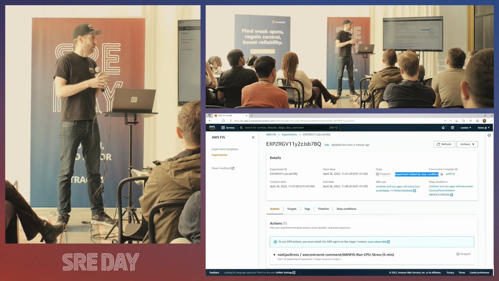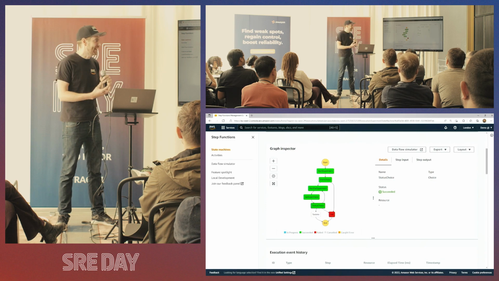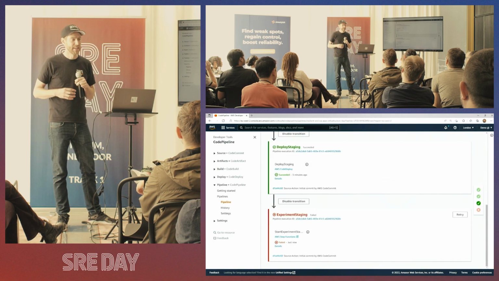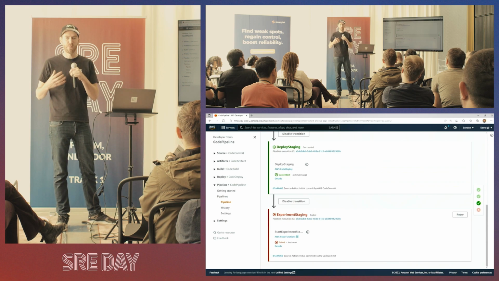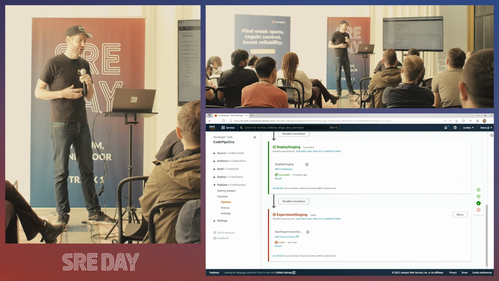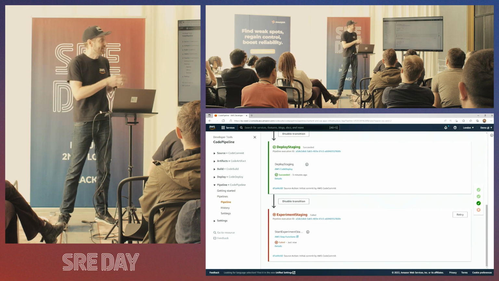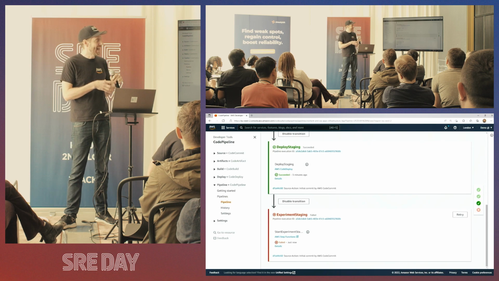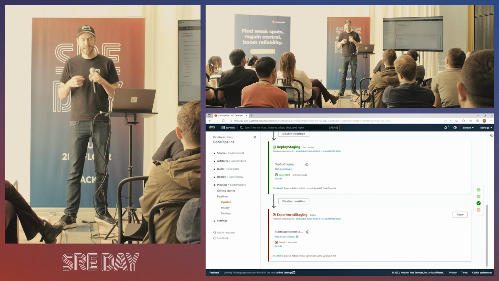With the experiment stopped, that's then going to send a signal through our workflow back to the pipeline. This experiment failed. Something is wrong with the code that we just deployed, meaning that it's going to fail the pipeline. Also meaning it's not going to take that same code, that same artifact, and push it into production.